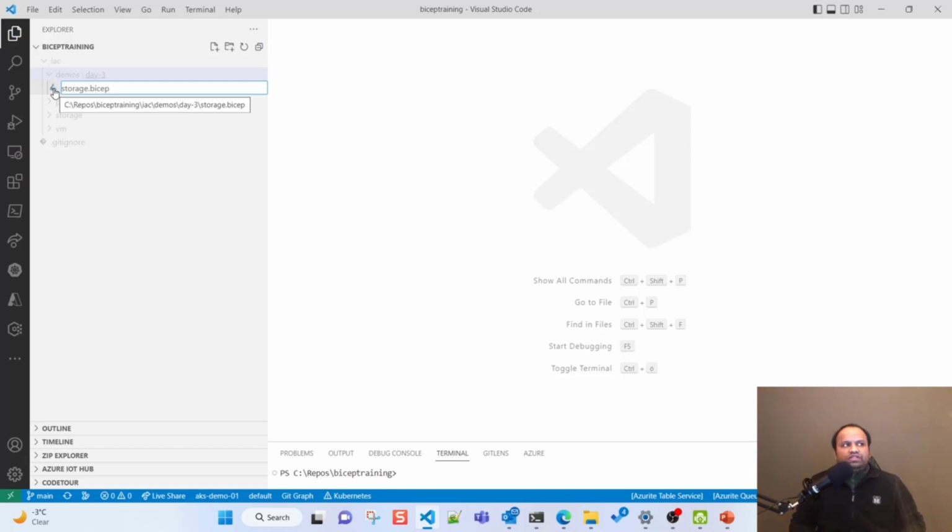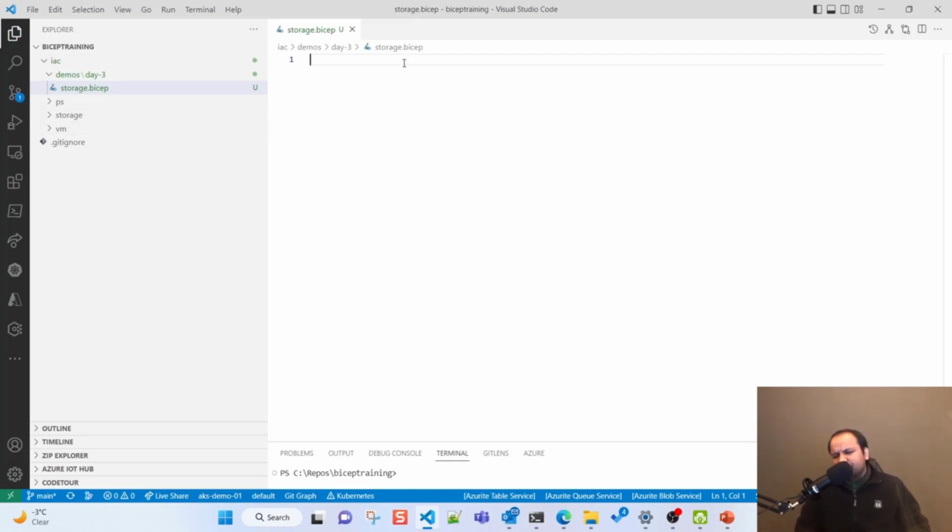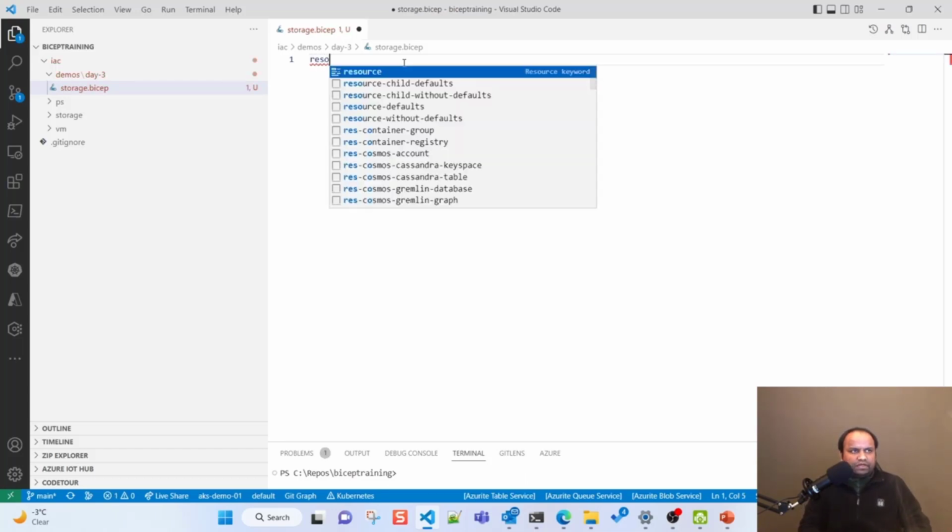So what does it mean? It means Visual Studio Code understands what to do with this particular file format, and what you can do with this Bicep file. We will see how it helps. So the moment I create this storage.bicep, and in Azure, when you create resources, I'm going to create this resource here, and the moment I type a little bit of the keyword, I'm starting with resource, and the moment I type it,